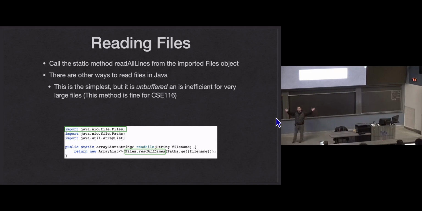This means that instead of loading the entire file into memory, you're going to open the file but not read it, and then each time you go to the file, you're going to read a single line, load that one line into memory, process that line with whatever you're going to do with that data, and then go to the file again and read the next line, loading only one line into memory at a single time. So it's much more efficient in terms of memory usage if you're buffering your input. And in general, especially with large files, you should be buffering your inputs. Anything that's over a couple megabytes.